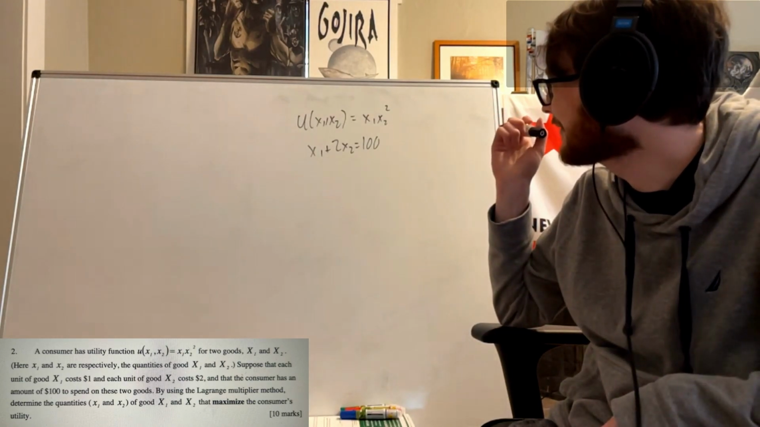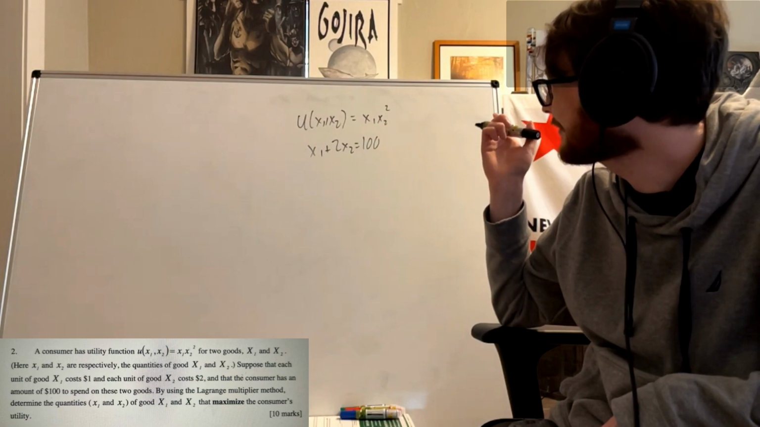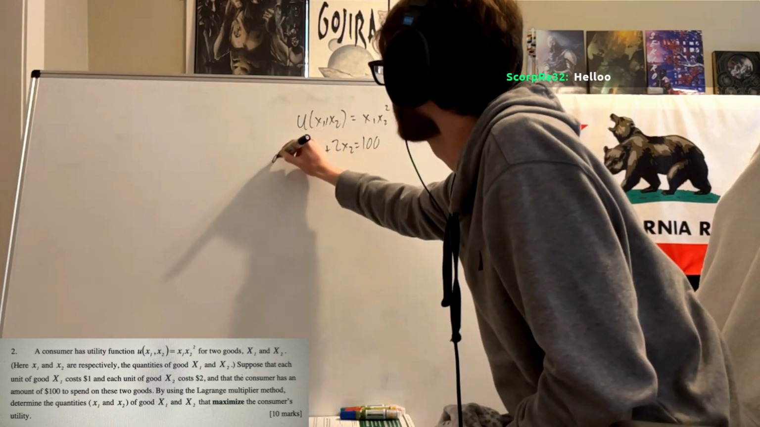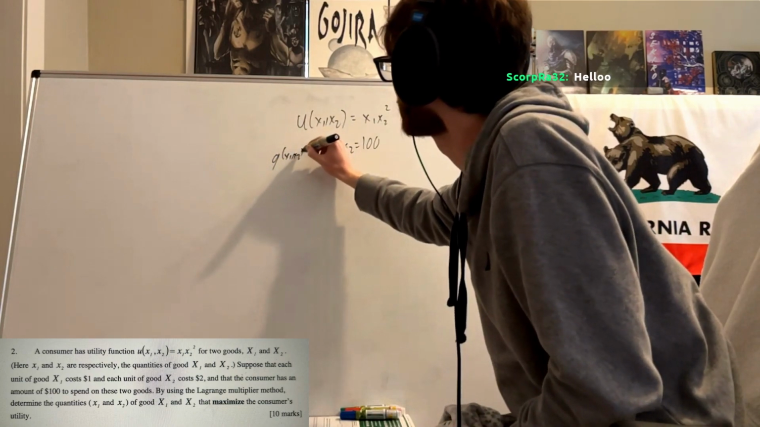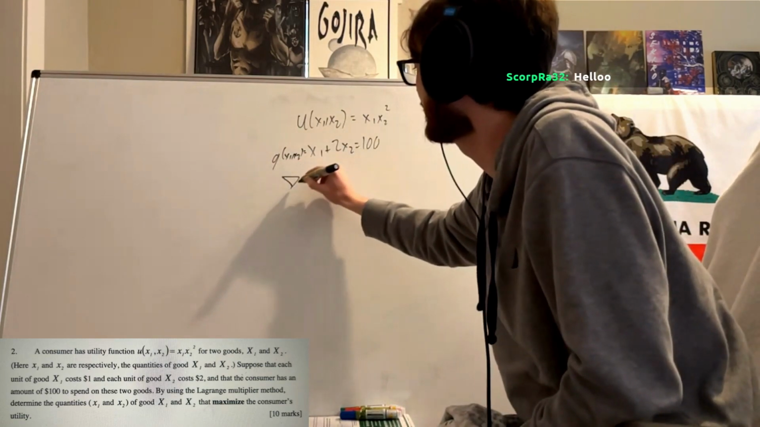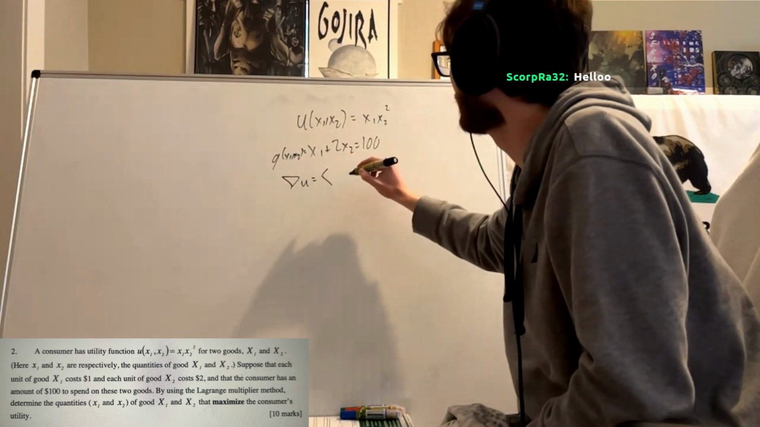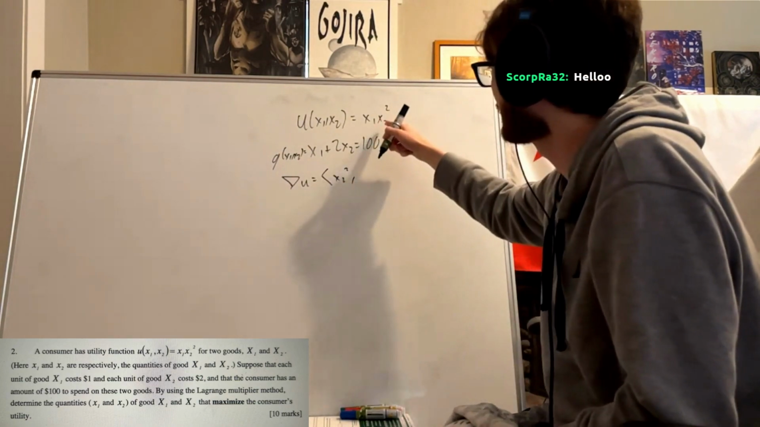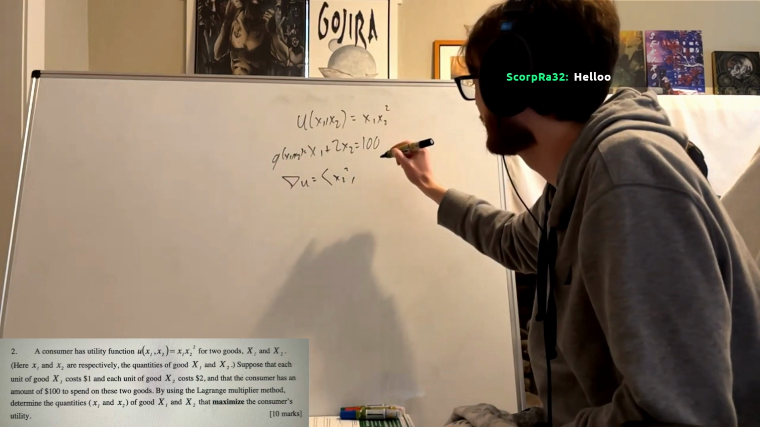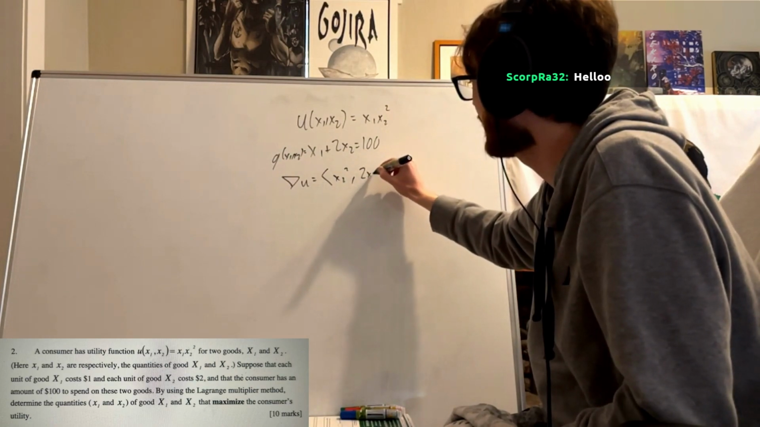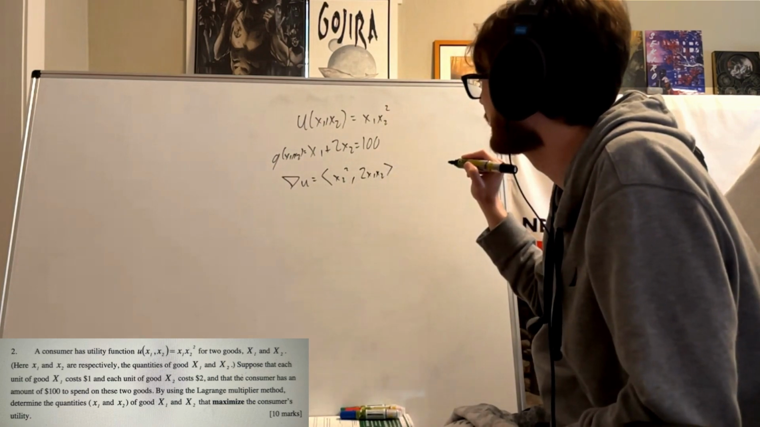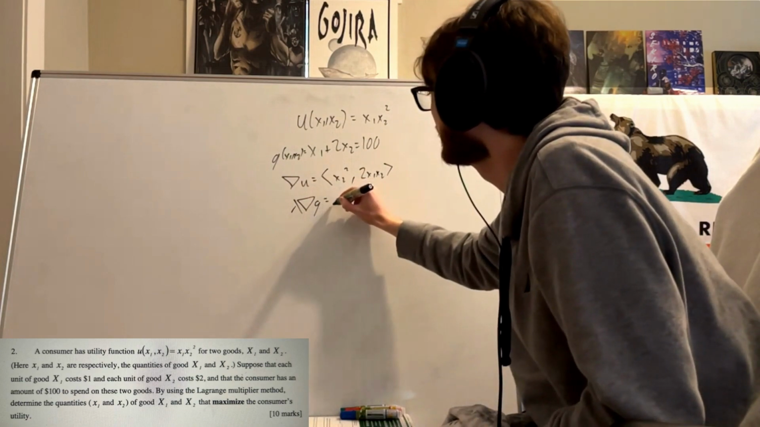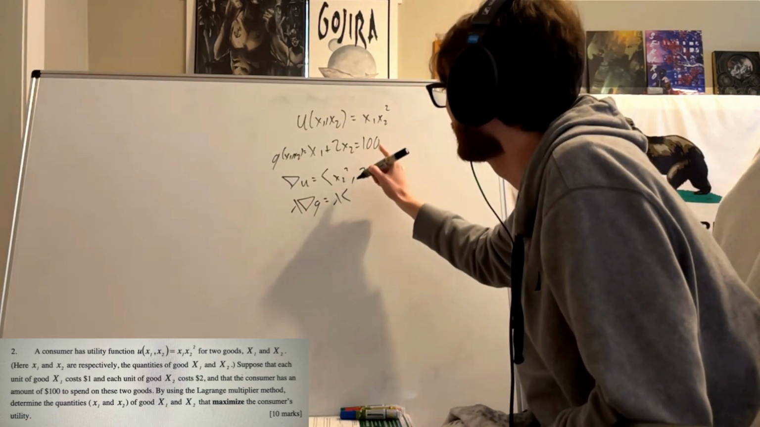Okay, and so now we need to take the gradient of each of these. I'm going to call this G to match Paul's online notes. So let's say the gradient of U is equal to: the partial in terms of x1 is x2 squared, the partial in terms of x2 is 2x1 x2. And then we need lambda times the gradient of G, which is lambda times